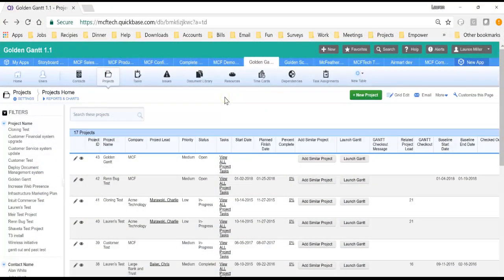I've brought up our Golden Gantt application inside of QuickBase. You may notice that the application looks similar to your project management application. The same typical tables that provide our architecture for the Gantt will also be inside of your application. It may have different names, but you should essentially have a projects table, a tasks table, resources, dependencies, and task